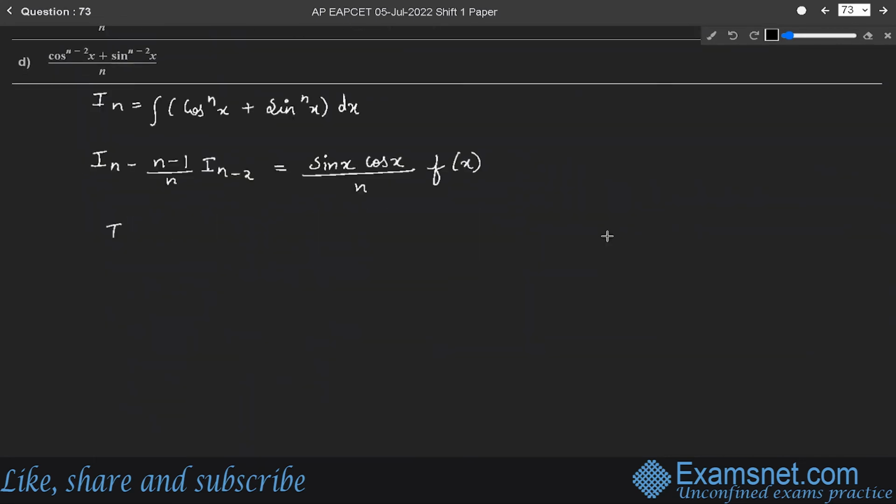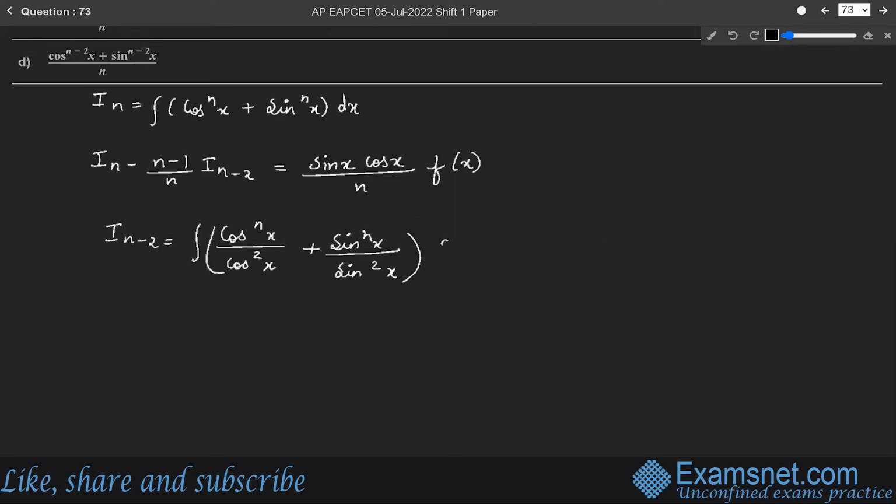From the given values, I n minus 2 will be integral of cos power n x divided by cos square x plus sin power n x divided by sin square x